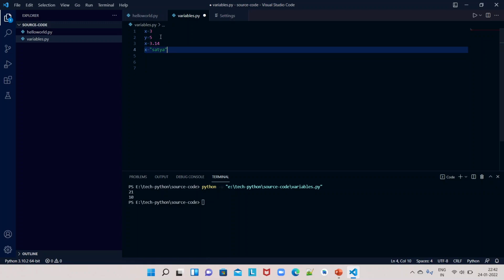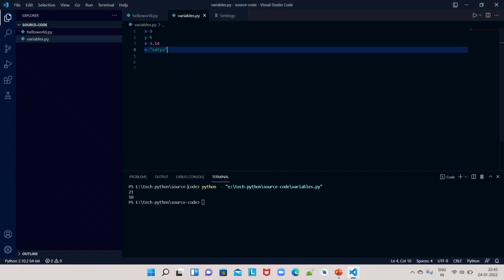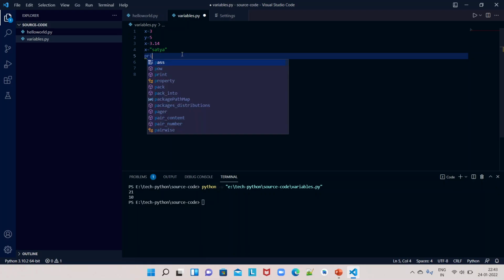It's not only integer values; we can store float values and sequences of characters. There are other types also, which we will go through in future sessions. For now, let us learn the details: what variables are and what kind of values we can store in general. If you want to know what type of data is stored in a variable,